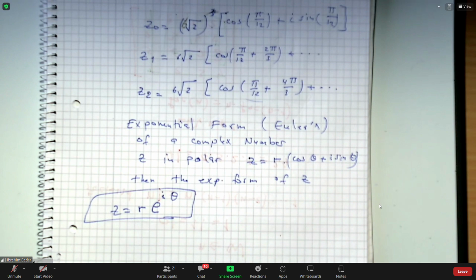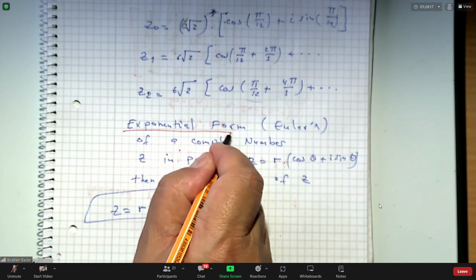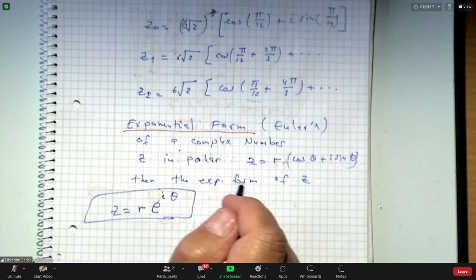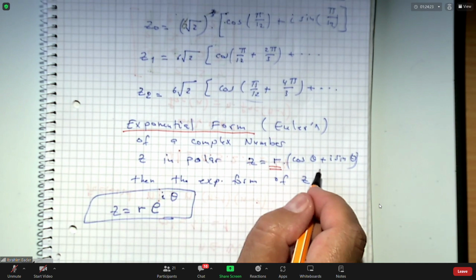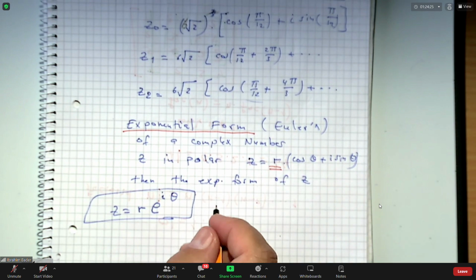So that means if you want to evaluate a complex number in the so-called exponential form, you need the same parameters that you have here. So here, all you need to do is just rewrite it. And here, very important, note